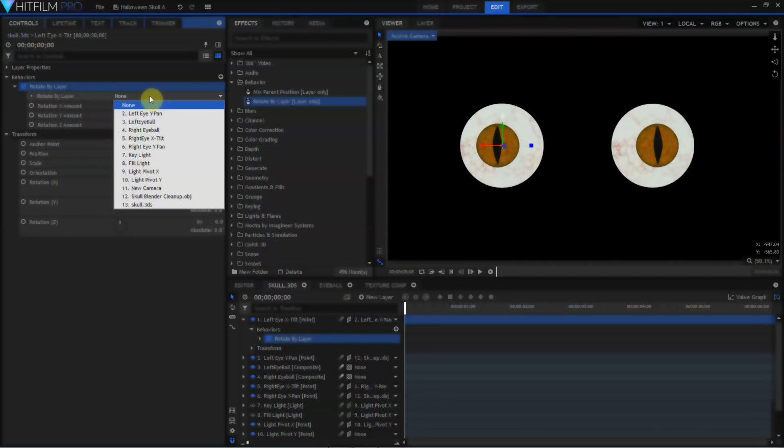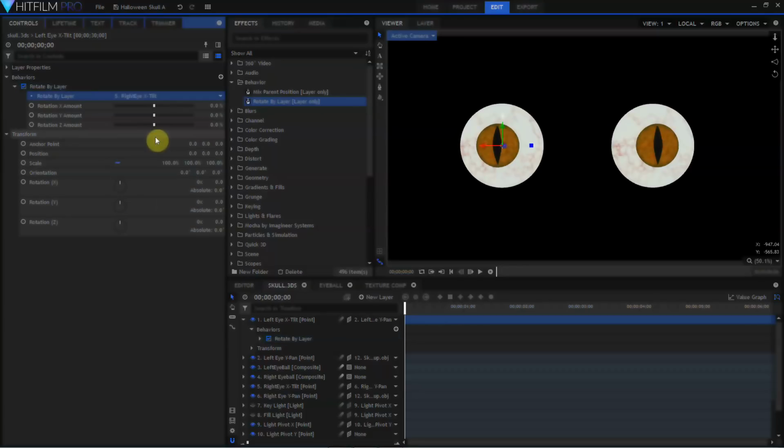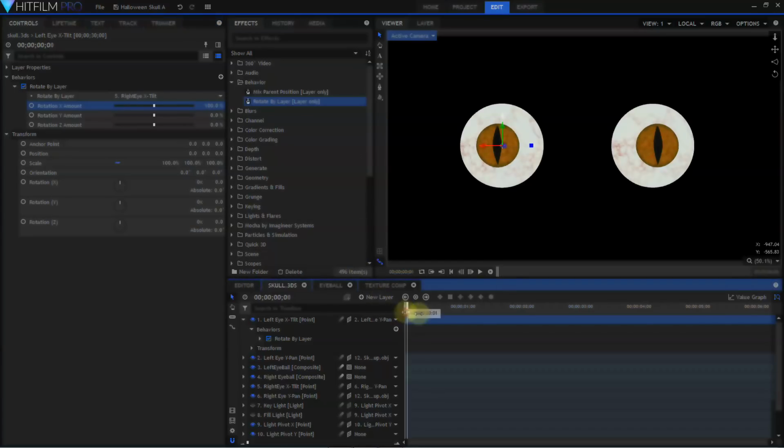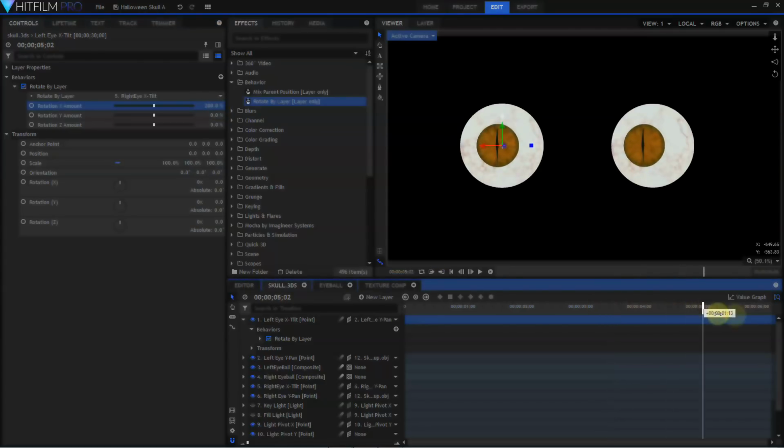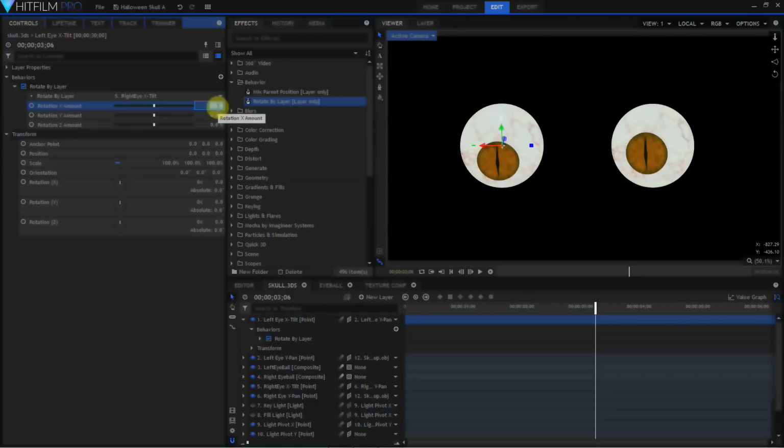And if I select the right eye X tilt and change X amount rotation to 100%, then the left eye now moves up and down at the same time as the right eye. I could change this from 100% to 200%, and now the left eyeball will rotate on the x-axis twice as much as the right eyeball. I could change this to a value like 300.